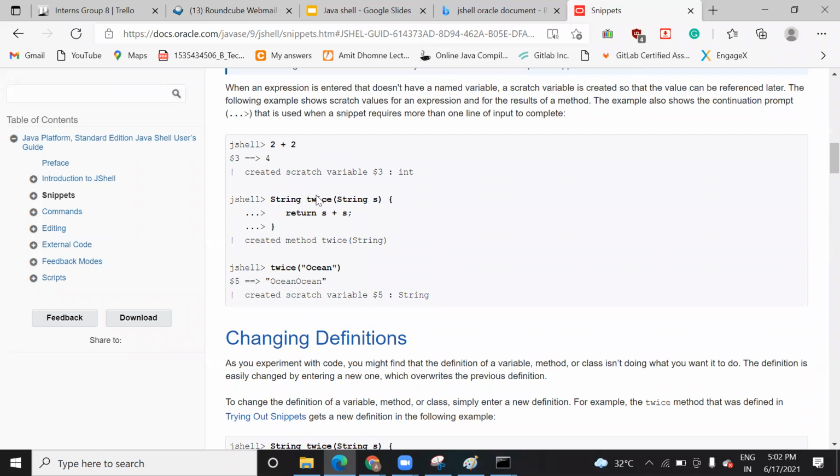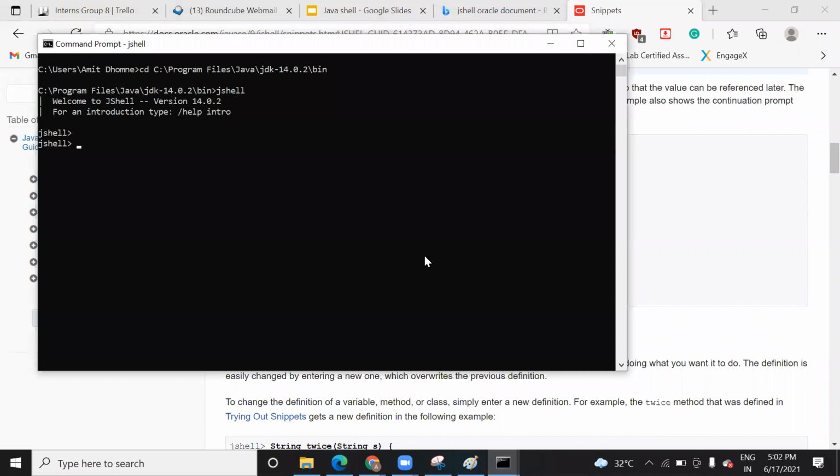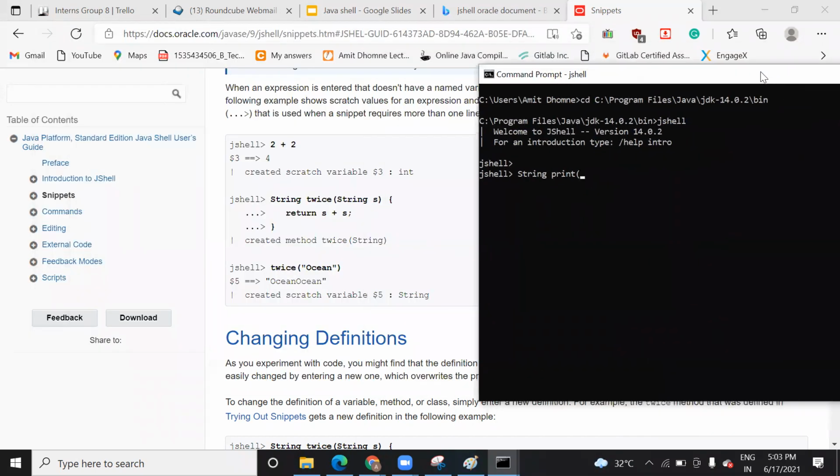You don't need to use any main method here in order to run this whole method. Let's see how we do that. So here I am creating a method with a String.